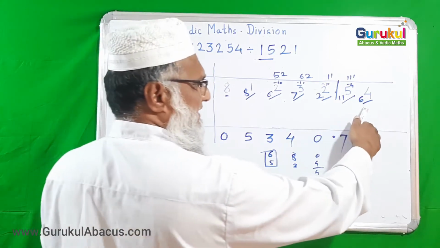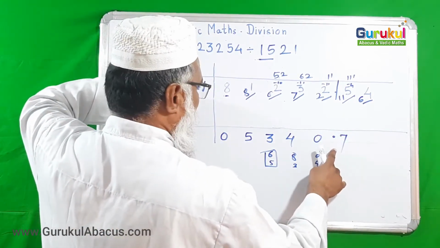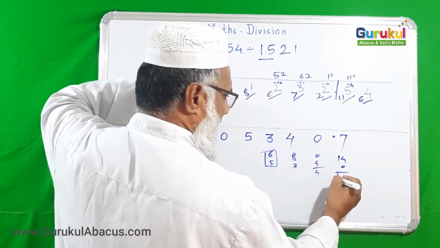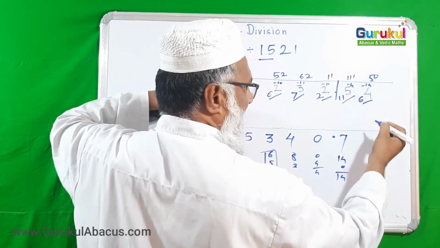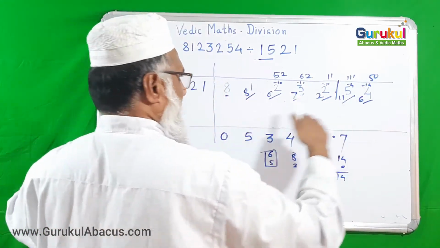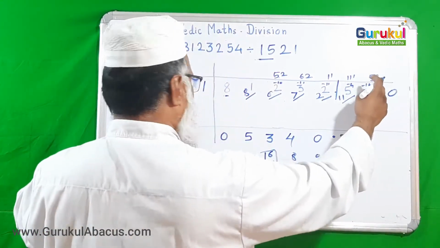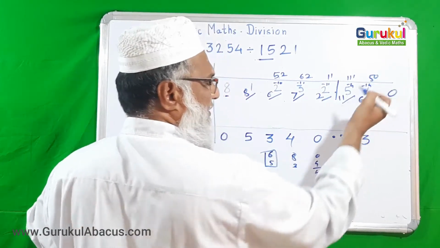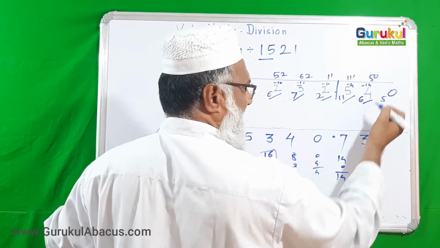If here is 6, then I have to cross multiply again. 7 2s are 14 and 0 1s are 0 itself, so 14 is there to subtract from it. So I am getting here 50. Before the precision, one more 0 I want to add here. So if 50 is here, then 15 3s I can easily say. 15 3s are 45. 50 minus 45, remaining 5 that I am taking here.